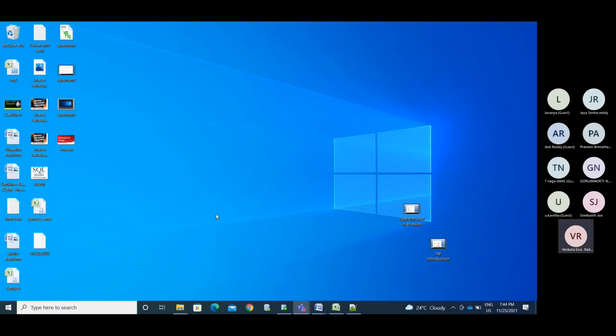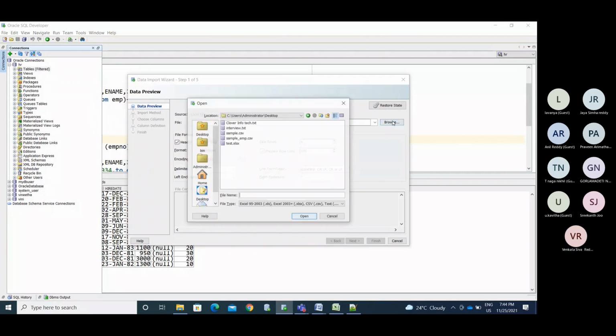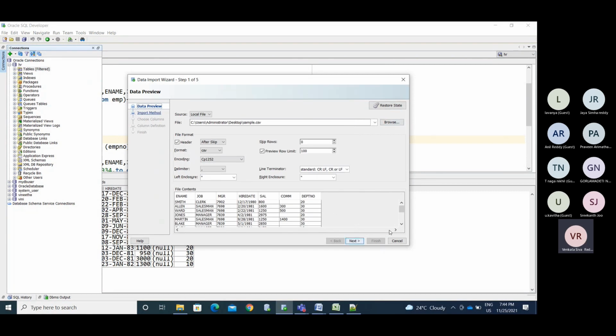Okay, now I will run this again with import data. So sample.csv is our file. Now I copied it in a different format. MS Excel here is not the licensed version, so it is not supporting converting the data into .csv. So now I copied this Excel data. I simply selected that Excel file, chose the browse option and selected it.